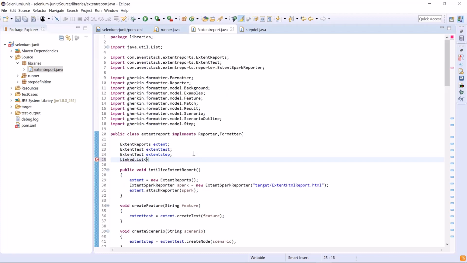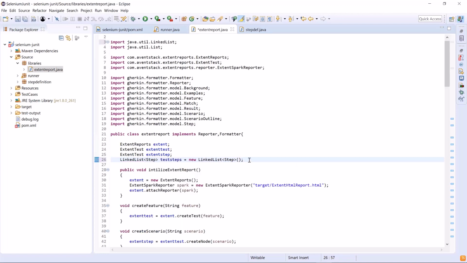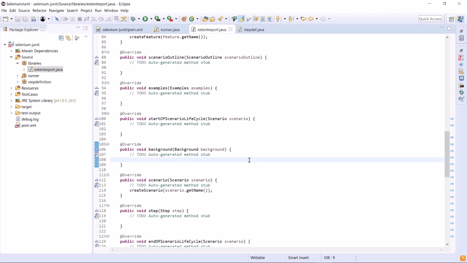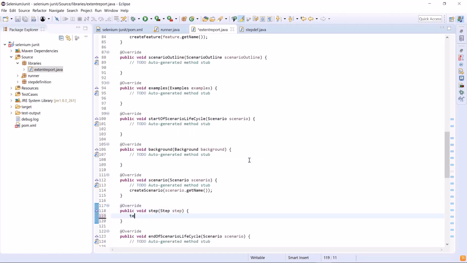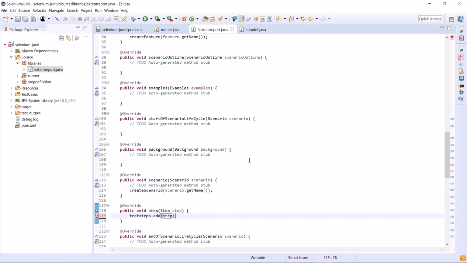So I'll create a linked list of type Step to keep all the test step details for a scenario. And then we'll add all the test steps into the testSteps linked list using testSteps.add, and we'll pass the step information into that function.